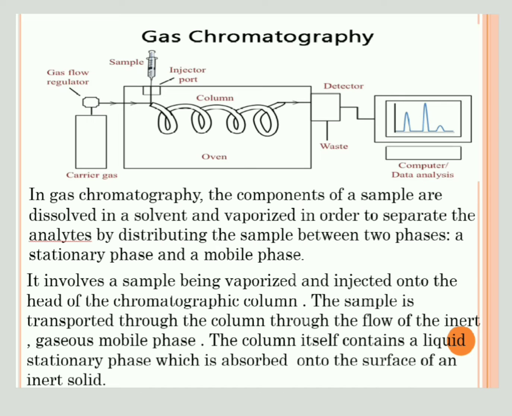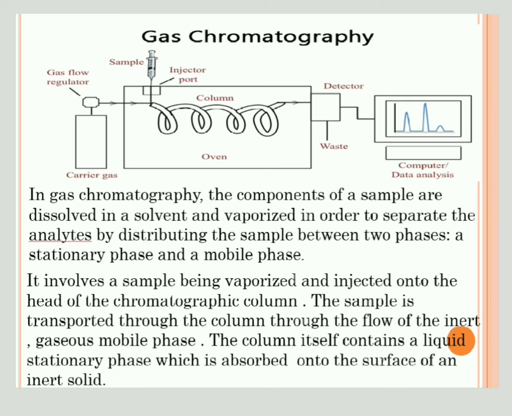After it is vaporized, it is injected into the chromatographic column. The column has its stationary bed, then the interaction will be there. The principle here is that the components which have more affinity towards the stationary phase will get adsorbed in the stationary phase, while others which have more affinity towards the mobile phase will elute first. Okay, so here the same process. After this the detector will detect, and the signals, the peaks, we can see in the chromatogram.